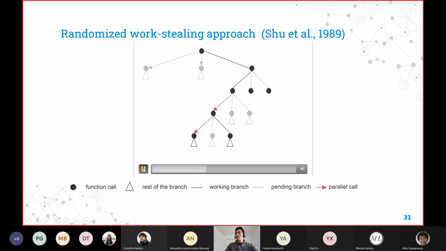Now, I wanted to show you this particular part of this animation. This processor is already waiting for the result of this processor. And also this processor is waiting for the result of this processor. Probably, who knows, this branch is the longest one.